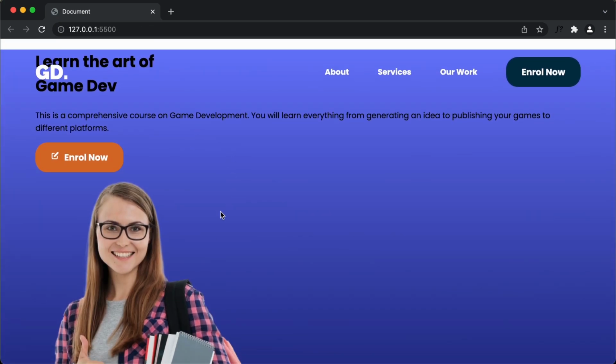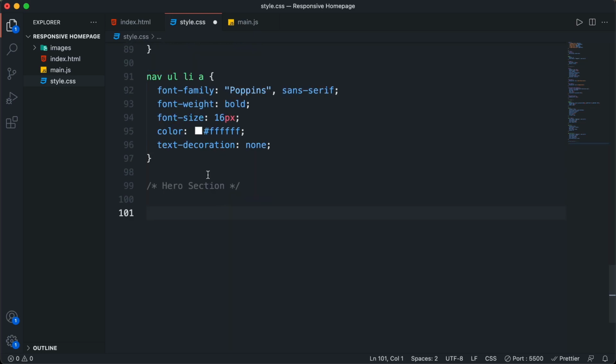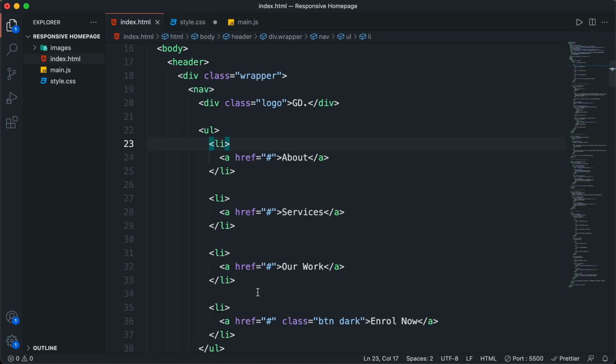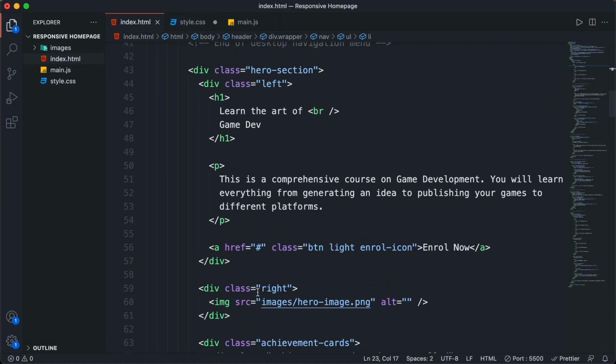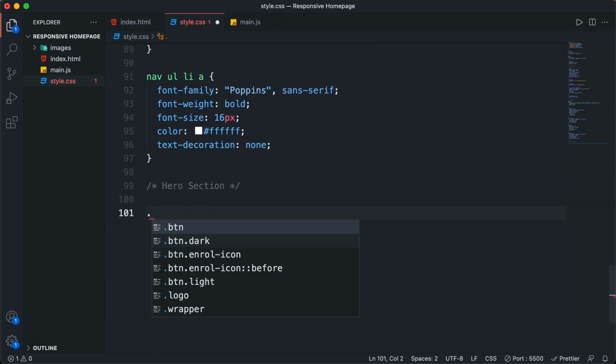Alright, now let's start styling this hero section. So let's go back to our VS Code, and let's create a comment. So I'll just type hero section, and let's go back to our index.html file, and for the hero section we have a division with the class of hero section. So here we'll just type hero section,